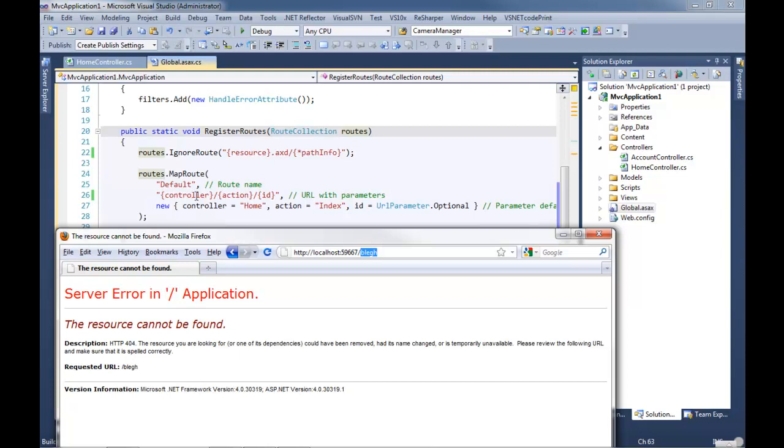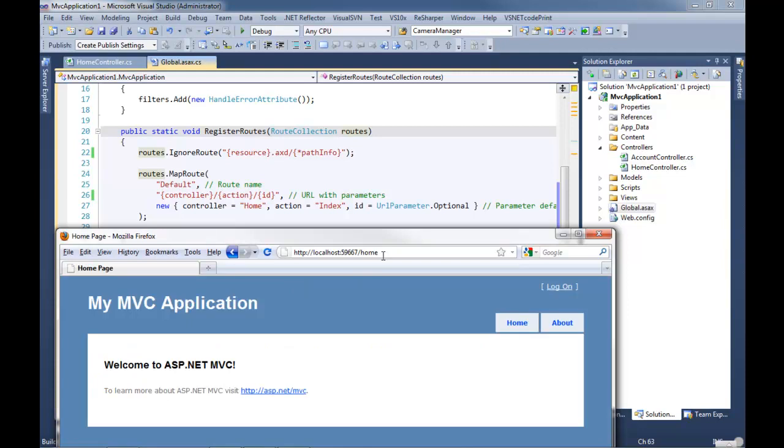So I'm going to pull that variable out of this place, and I'm going to use it to find the controller I have to talk to. So right now it's looking for the black controller, which doesn't exist. So if we do the home controller, which does exist, you see right there, and hit enter, we'll get a page. And the reason why we get a page is because of these defaults right here. So this is saying if no controller is supplied, use home. If no action is defined, use index. And ID is optional.